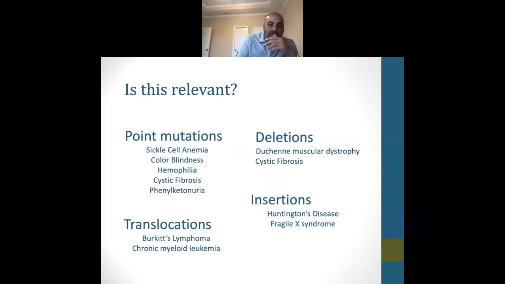Okay. So why is it relevant? It's all these diseases that are caused by it. We talked about sickle cell, color blindness, right? They can't see certain colors. Hemophilia is a clotting disorder. They bleed out very easily, destroy joints, can have brain hemorrhaging, all kinds of things. Cystic fibrosis we talked about.